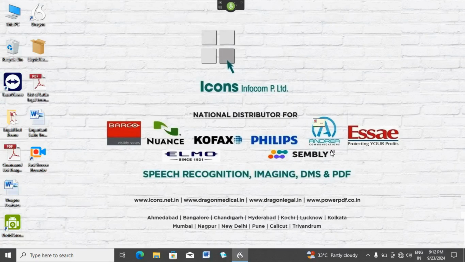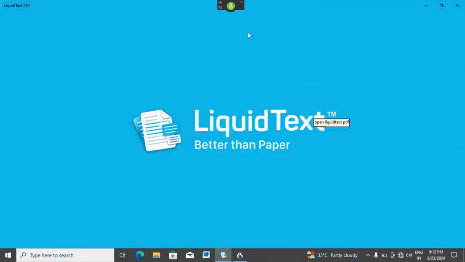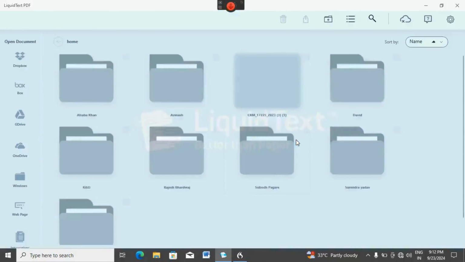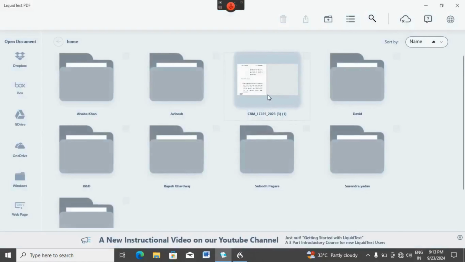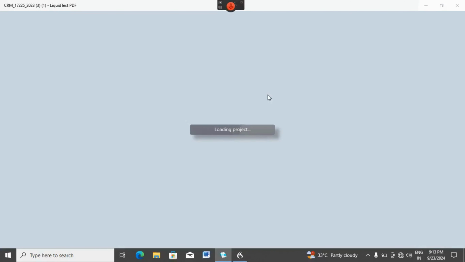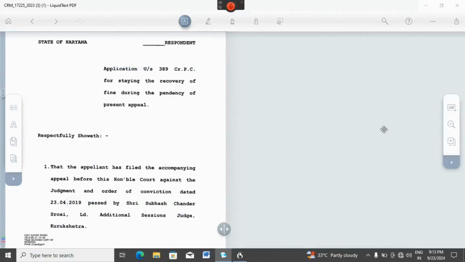Open LiquidText PDF. This is my file where I have to work. I just open it. I have to create one box in that particular key